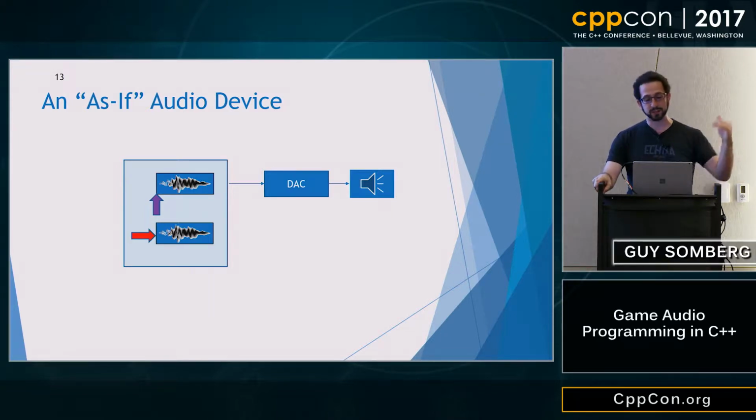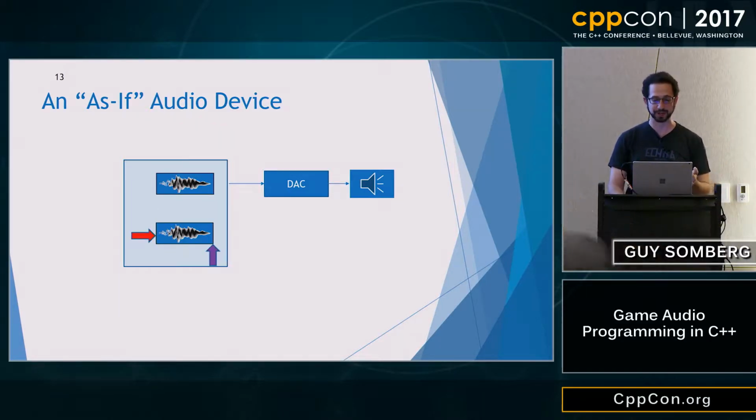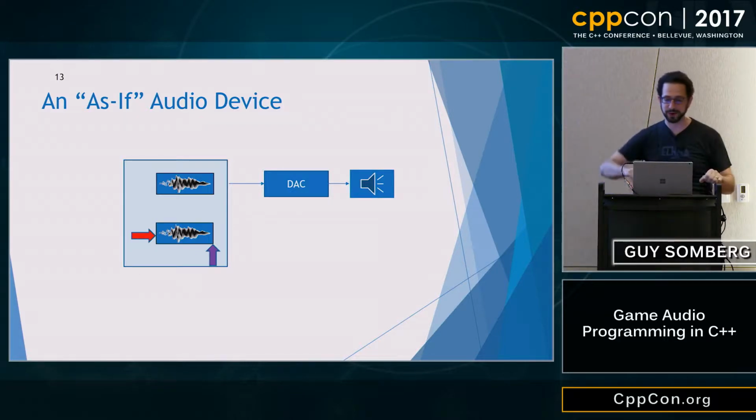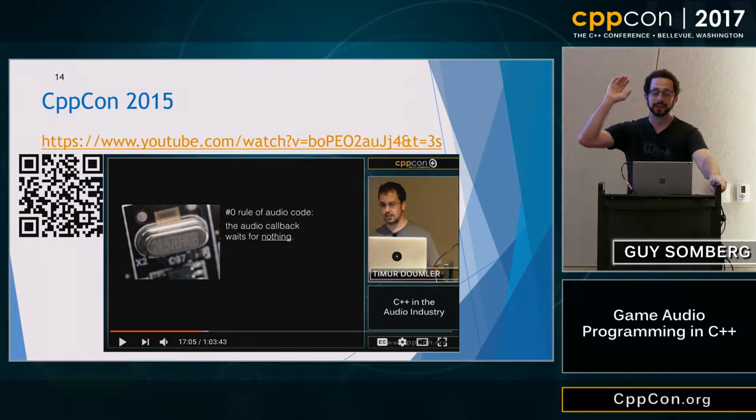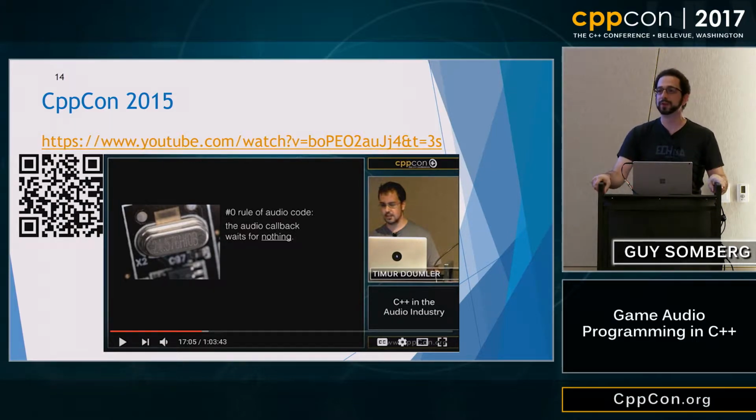And so you're expected to be writing into the red buffer while the digital to analog converter, the sound device, is reading from the purple one. So it reads from the purple while you write to the red, switches, and reads from the purple again, and then switches again. Yay for my PowerPoint skills. The thing about this is that this happens no matter what, whether you're ready for it or not. The number 0 rule of audio code: this callback that is triggering, that is asking for these buffers, waits for